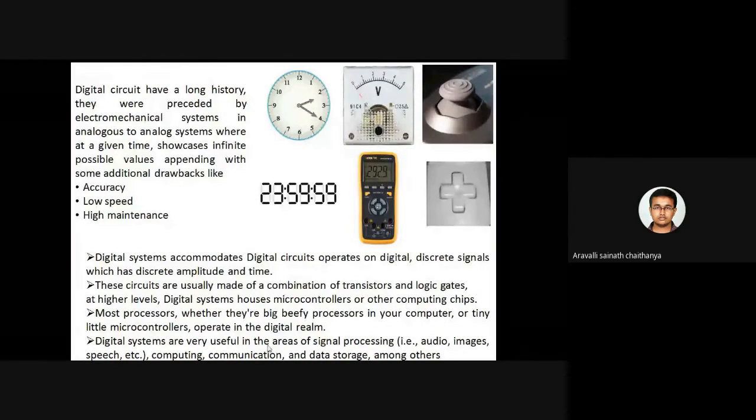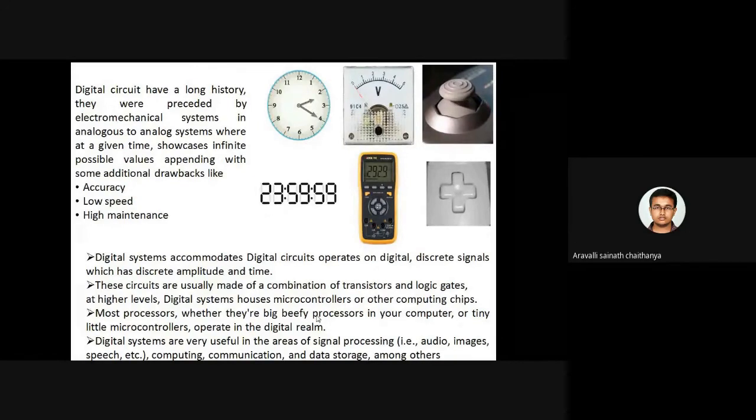Okay. So the digital system accommodates digital circuits which operate mainly on digital signals. These digital circuits are made up of transistors and logic gates. Why? Because in your earlier digital electronic circuits or VLSI circuits, all your schematics are developed by using transistor logic only. Transistors are helpful in developing the schematics, and logic gates are a combination of different gates. We can develop a module or a system. Again, all these things come under digital circuits only, the logic gates or transistors.